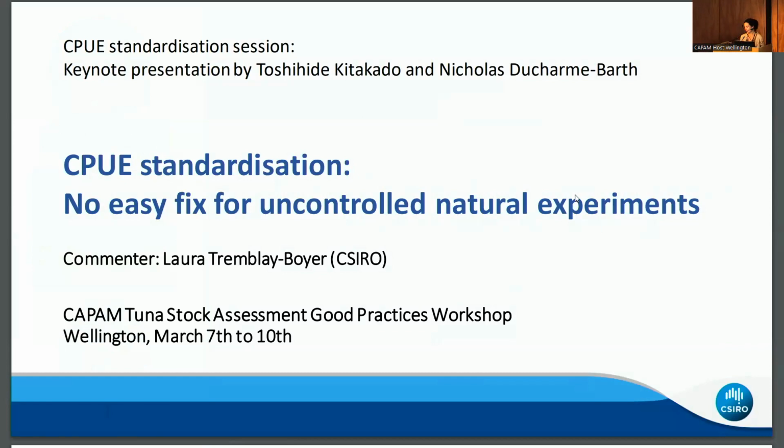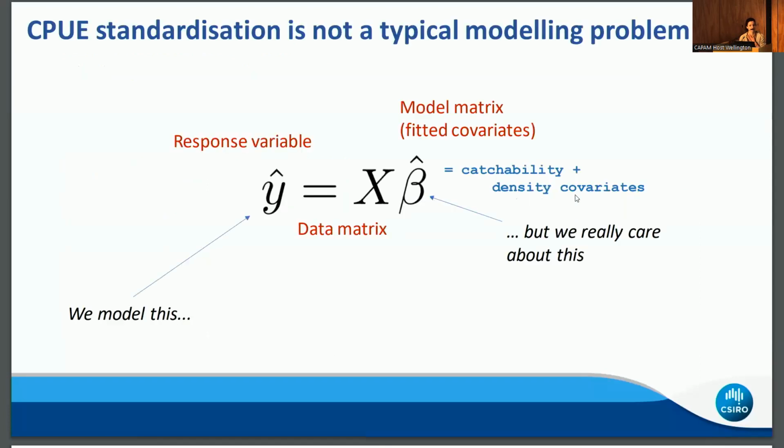One of the points that Nicolas made during his presentation was that with the advent of spatiotemporal models, we've been forced to think a lot more about what we want to define as a catchability or a density covariate. That's something that we've always had to do in the past when we do CPUE standardization, because we're trying to remove the effects of changing catchability over time from our catch and effort data. But we've been thinking a bit more about it now that we're using spatiotemporal effects. And it's kind of at the core of CPUE standardization.